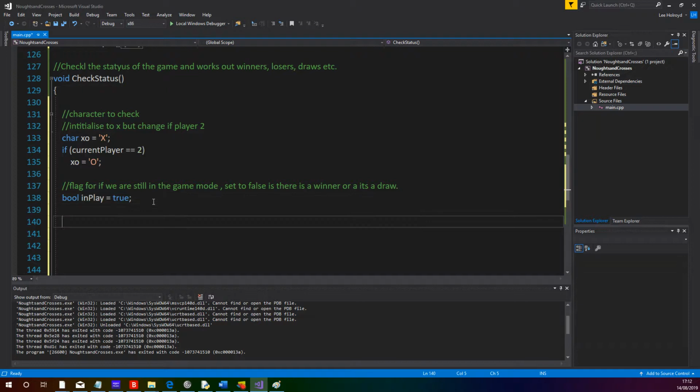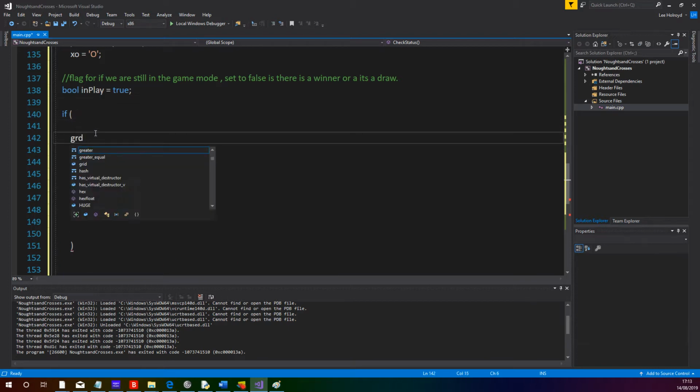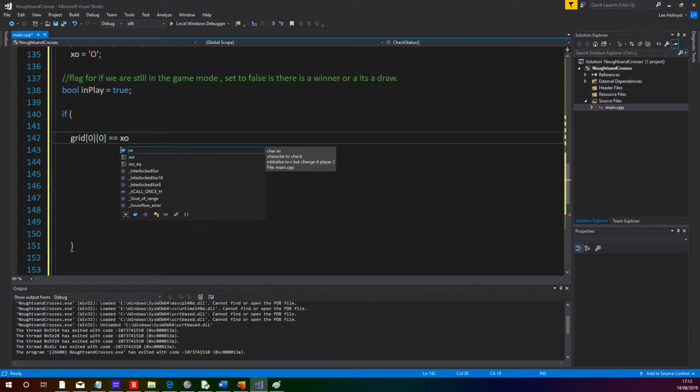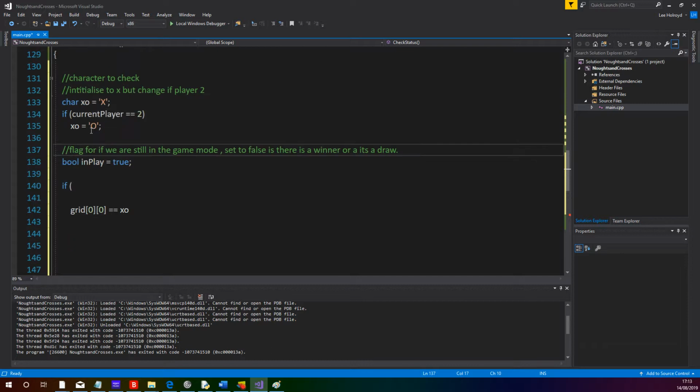Okay. Now we're going to check for a winner, a winning combination. So if, and then we've got a lot of conditions for this one because obviously there's lots of ways of winning. So if, just normal brackets, if grid reference, so grid reference top left, which is 0, 0, is equal to x0, which is saying if it's equal to whatever this currently is. So if it's player 1, it'll be x, or if it's player 2, it'll be 0. So if in the top left hand corner you've got an x or a 0, depending on what player it is,